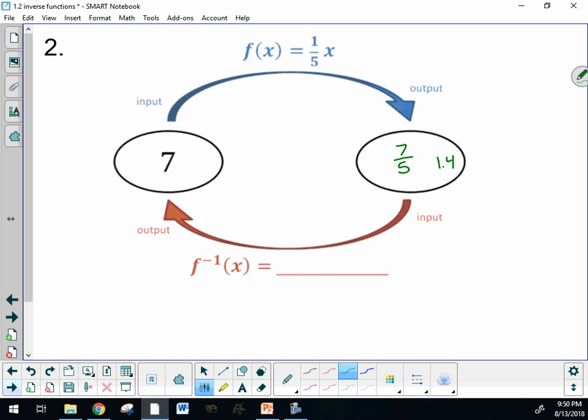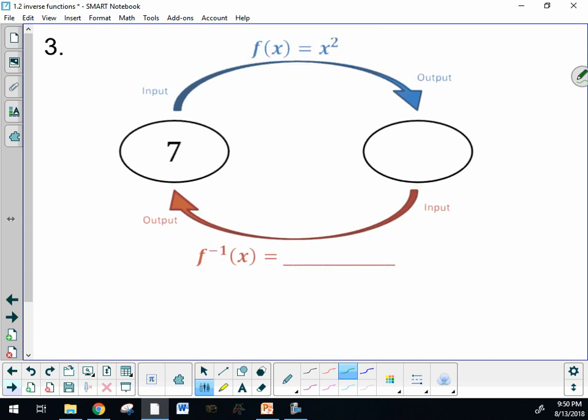It's interesting to note that timesing something by 1/5 is the same as dividing by 5. So to undo this function, its inverse would multiply by 5. So you kind of can see